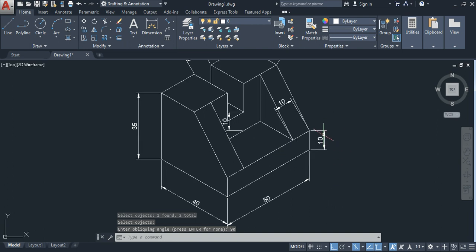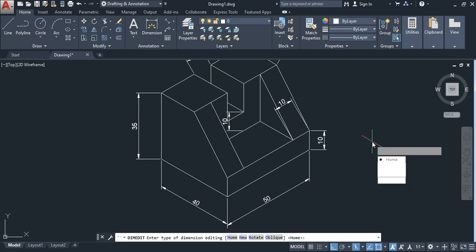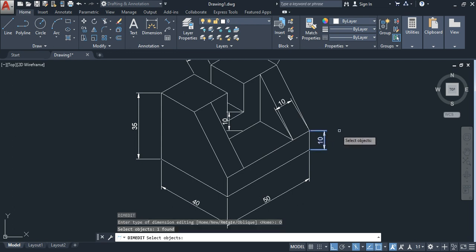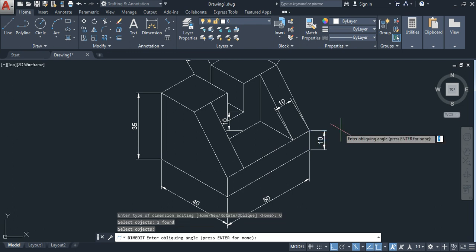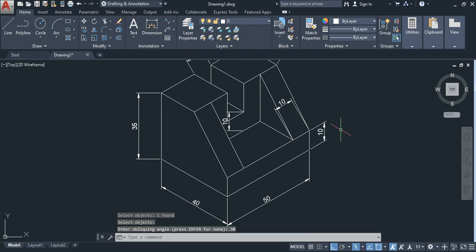Next, you see this one and this one, continue that, press enter, oblique, select this one, and this line is having 30 degrees with this horizontal or x-axis. So just press enter and type 30. Yes. Now if you see this one,